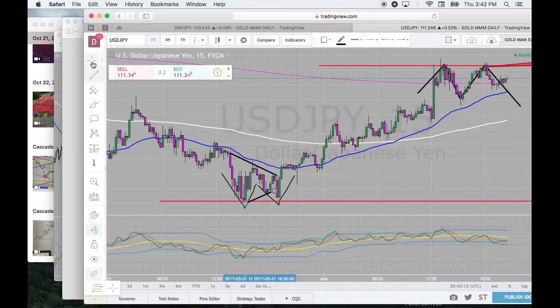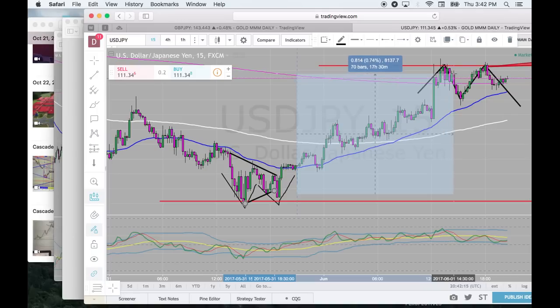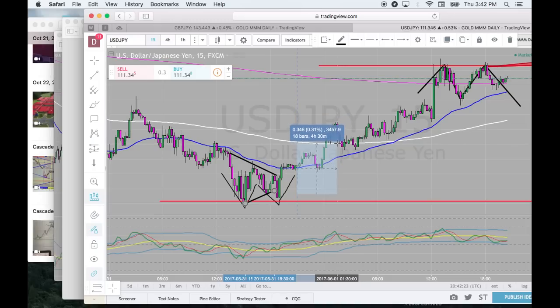And I rode that up. I got out about right here, right after it came off the 200 moving average. I believe I took 40 pips or so, but I could have rode it up 80 pips or so, but